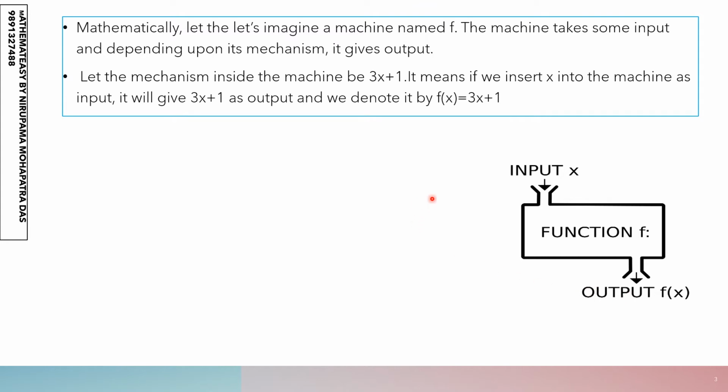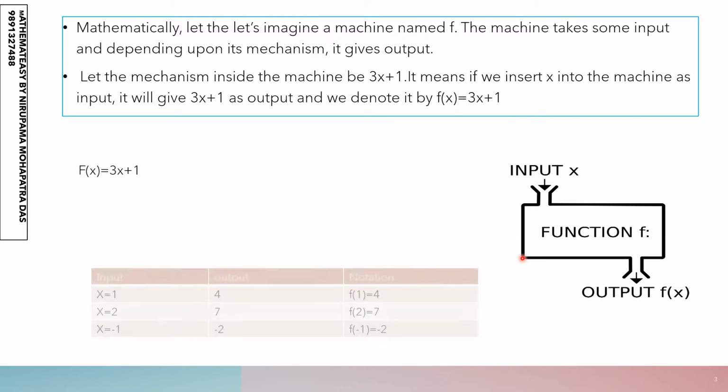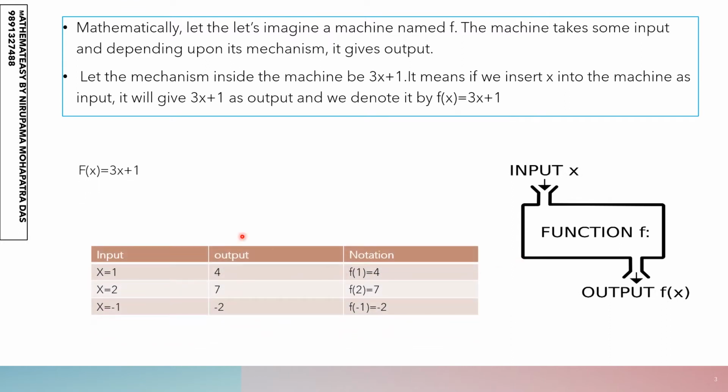Let us say the mechanism inside the machine is 3x plus 1. It means if we insert x into the machine, the output will be 3 times x plus 1. In that way we can write f(x) = 3x + 1,